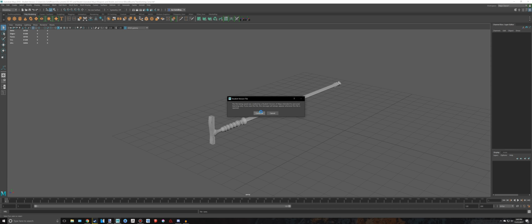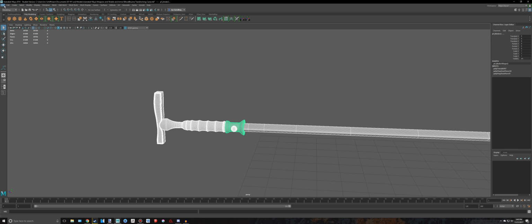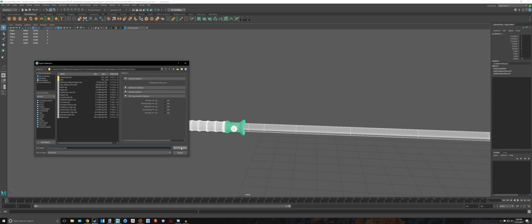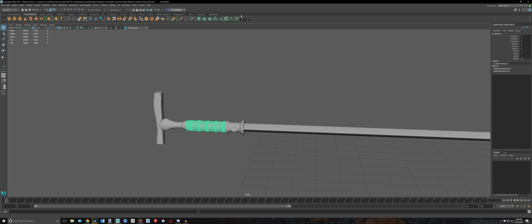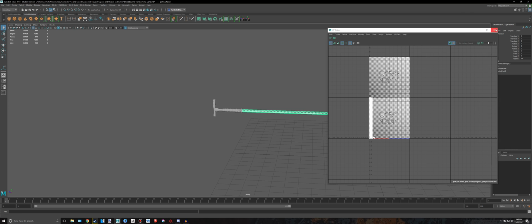So I'm going to save this. We're going to select all of it and go to File, Export Selection, and call this transforming cane underscore low, and make sure it's OBJ. So we're going to export that, and I'm also just going to make sure that the UVs for, missed an